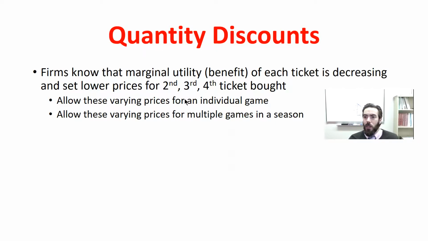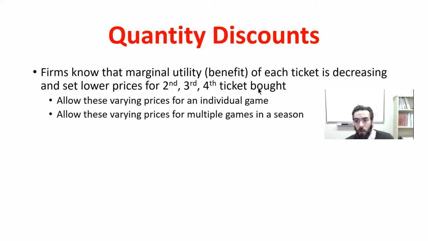So all we're going to do is allow the price I pay to vary with the number of tickets I purchase. So if I buy 1 ticket, the price for that first ticket will be higher than the price I'll charge the person for the second ticket. And that price will be higher than the price I charge if they want to buy the 3rd ticket, okay? So every time I buy an additional ticket within this season, the price varies. And when I say varies, it decreases.